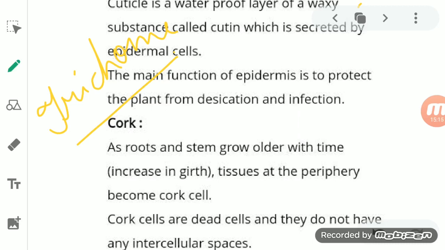There is another kind of trichome that helps in protecting and minimizing water loss, and it secretes some substances like acid and allergy-causing substances, which help protect these plants from grazing animals.